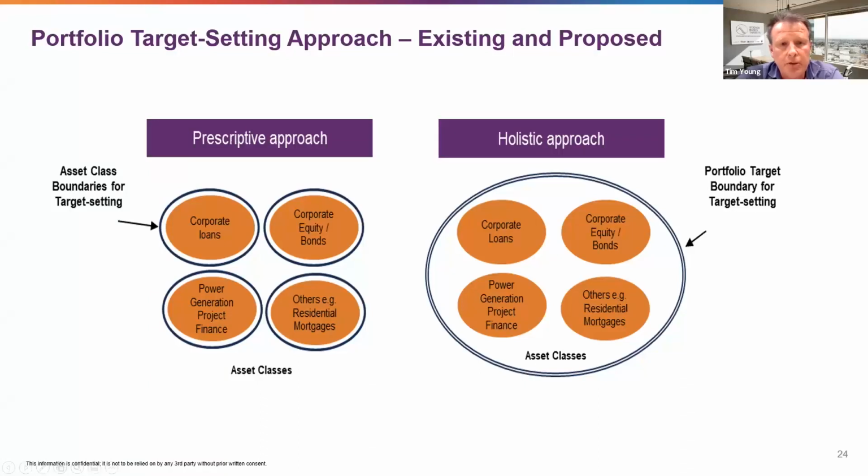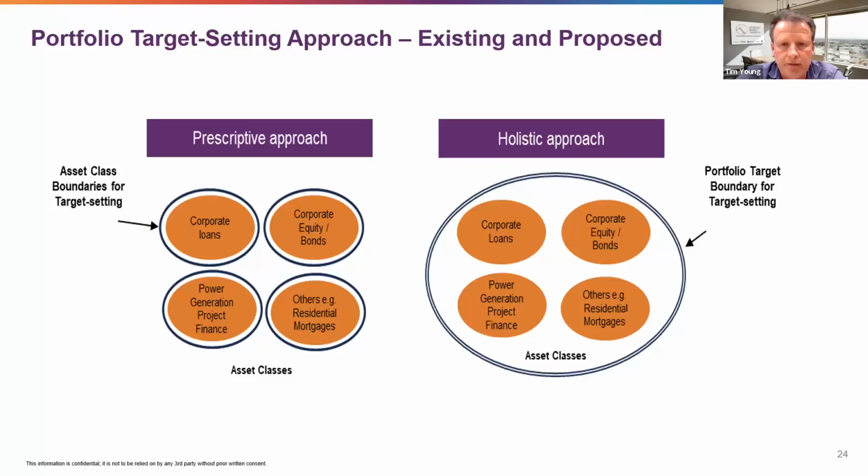So some FIs were saying, well, I've got a very small equity portfolio, so the overall portfolio emissions from that portfolio is virtually zero as a percentage of my overall balance sheet. Whereas corporate loans are 90% of my balance sheet or 60%. Therefore, they have much higher climate relevance for us. So why do we have to set targets for both when really we should be focusing all our efforts on corporate loans? So when developing the FIN standard, or the FIN's guidance to date, we looked at that approach and